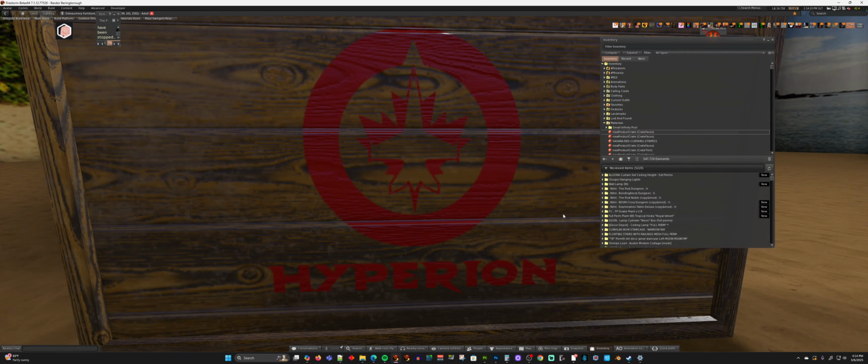All right, that was it. So to reiterate, you have to have an image. And in this case, I'm using an image with a transparent background because I just want the logo and I don't want the background of my logo to be there. So then I also create an alpha of the image, which is a black and white image where white is the part that you want to see and black is the part that you want to be transparent. You go into Substance Painter, you set everything up, and you get it ready to go,